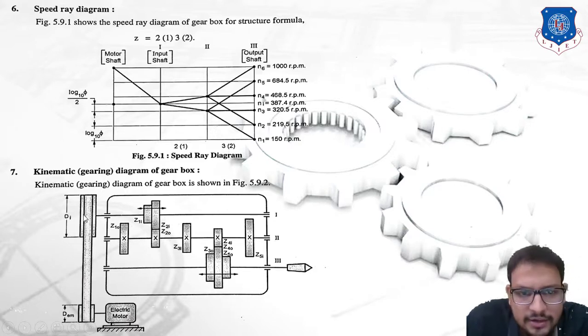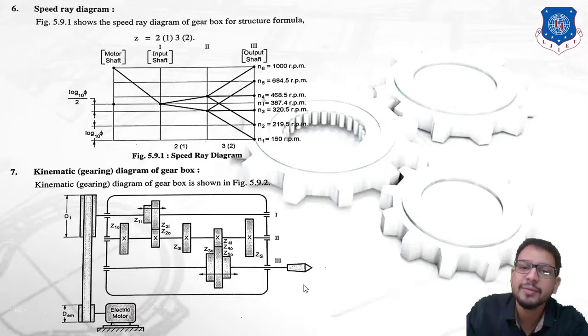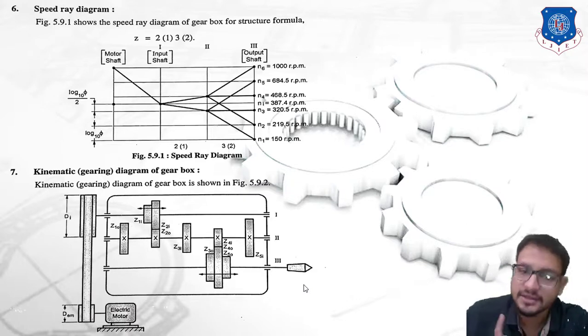You can clearly see over here this horizontal line represents the input shaft, that is, I have written 1 over here. Correspondingly, see this diagram. Over here that is the input shaft. Similarly, the second line is a representation of the intermediate shaft. You can see this line is the intermediate shaft line, and the third line is a representation of the output shaft. And we know that the output shaft will be connected to what? So it will be connected to a machine tool spindle. Remember, it will be connected to a machine tool spindle.